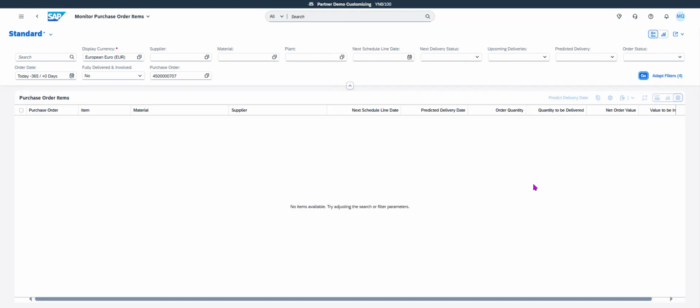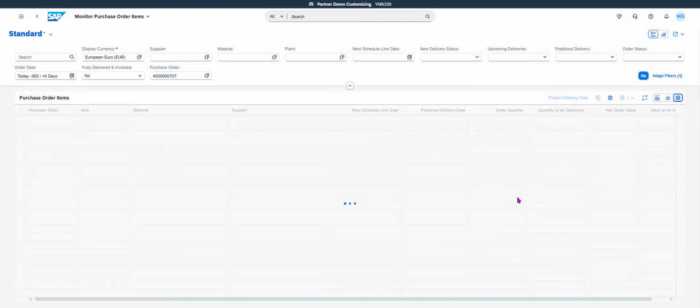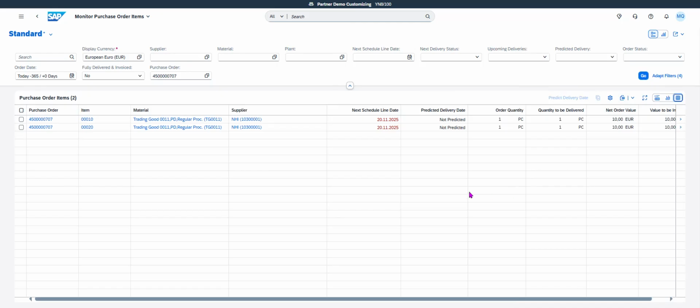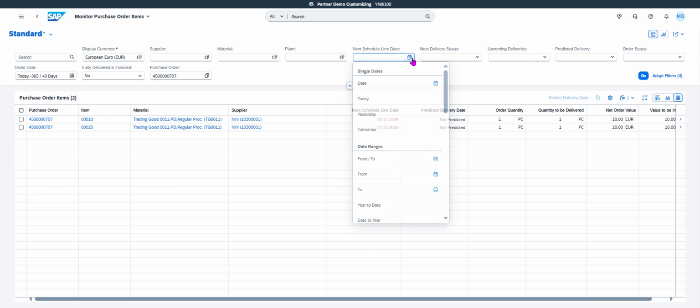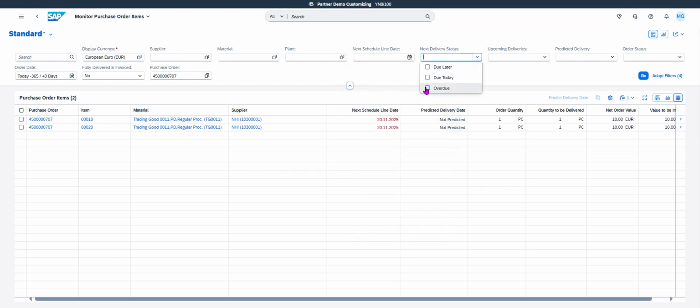So if I click on go right now to display the information about the next schedule line date, it is still in the 20, that is the next schedule line date, because SAP does not take into account the information in the confirmation table, but is able to provide you the information that in the order status you are not in missing confirmation, and if I go in next delivery status overdue,